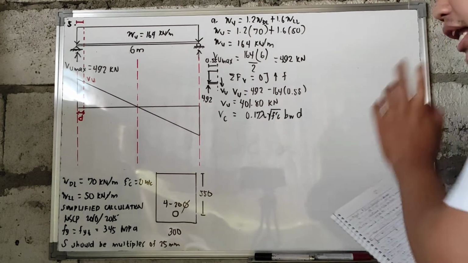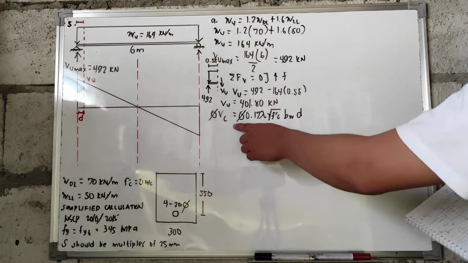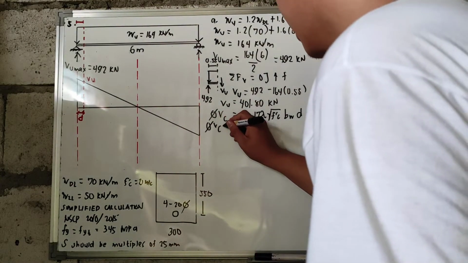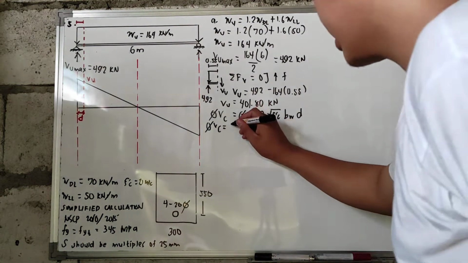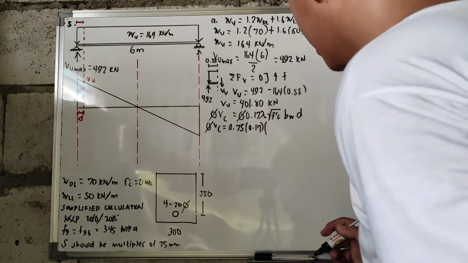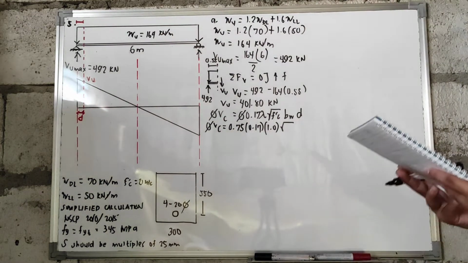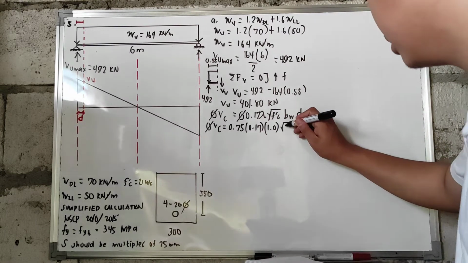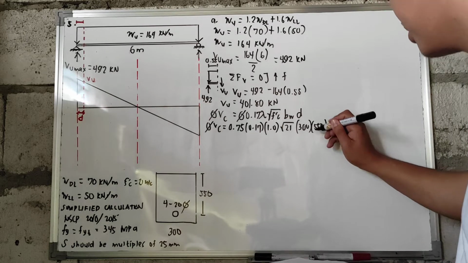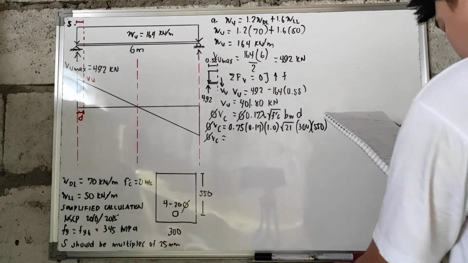So, para shortcut na lang, kunin natin yung PVC, lagyan natin yan ng P. Okay. So, for this one, yung value ng PVC natin, so that is equivalent to, since NSCP 2010, 0.75 yung reduction factor, 0.17. Hindi sinabi kung anong concrete, assume natin na 1.0 or normal concrete. Square root of F prime C, which is equal to 21, multiplied by BWD na 300 multiplied by 515. So you have a value of your PVC, which is now equivalent to